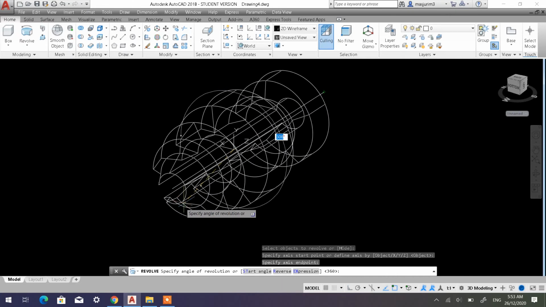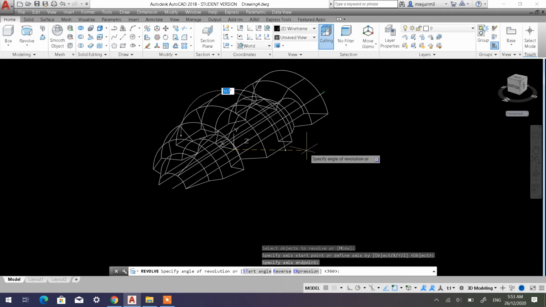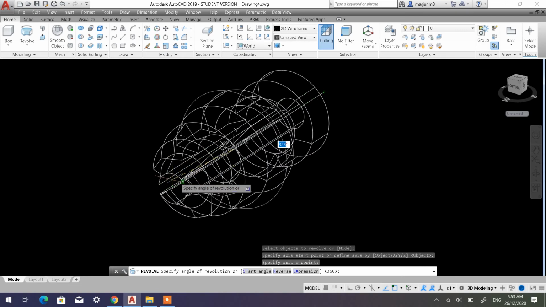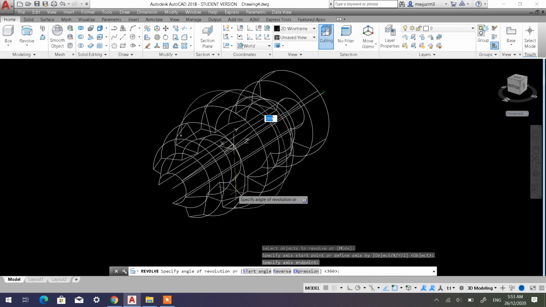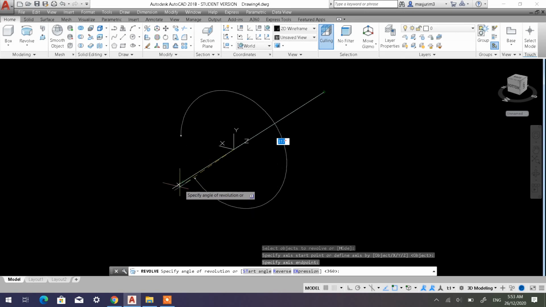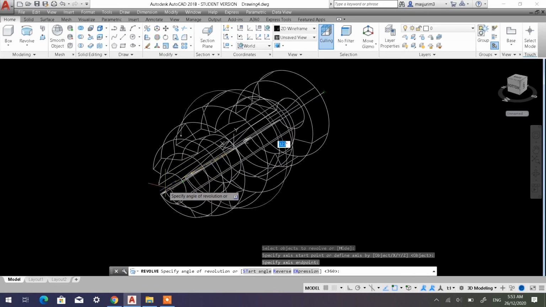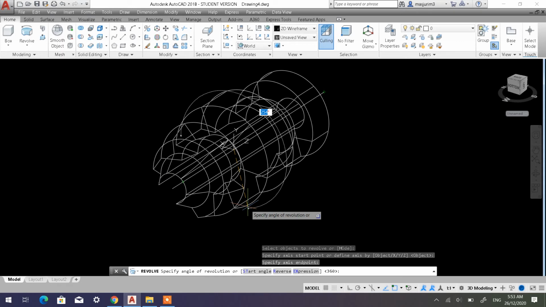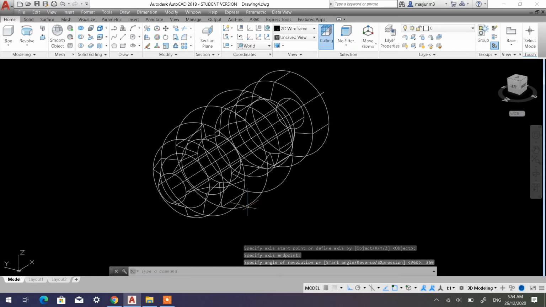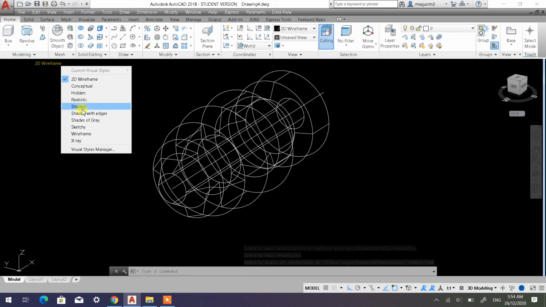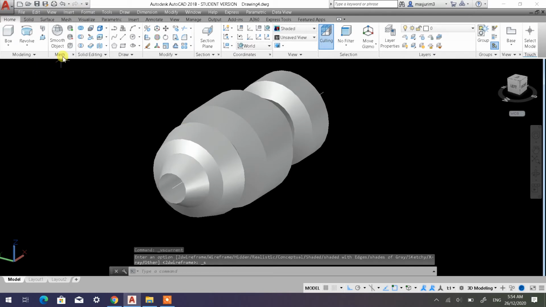So you nampak, kalau you perhatikan betul, dia akan menjadi lubang pada bahagian tengah-tengah ni. Okay, dia akan jadi lubang pada bahagian tengah-tengah ni. So you can see, because why? Kerana axis of rotation kita ni dah offset. So if let's say I key in 360 degrees as our angle of rotation, so press enter, and bila kita go to shaded, so ataupun shaded with edges, boleh nampak sikit,